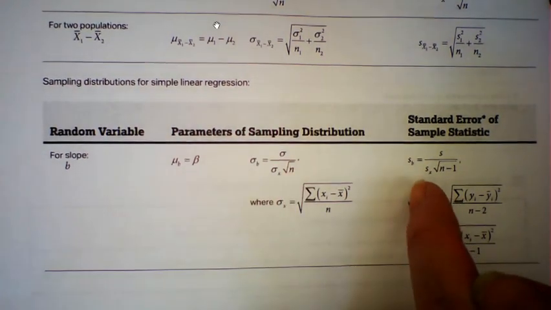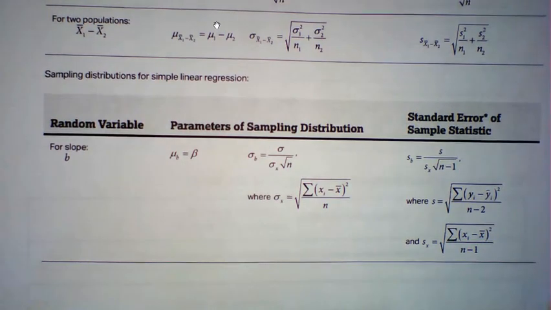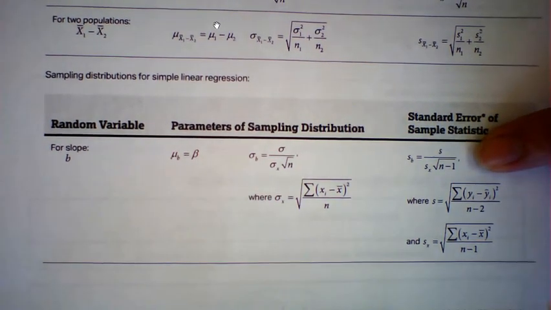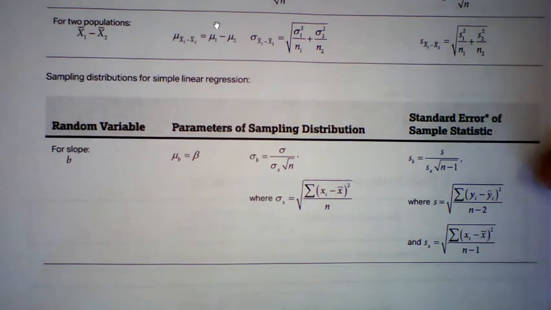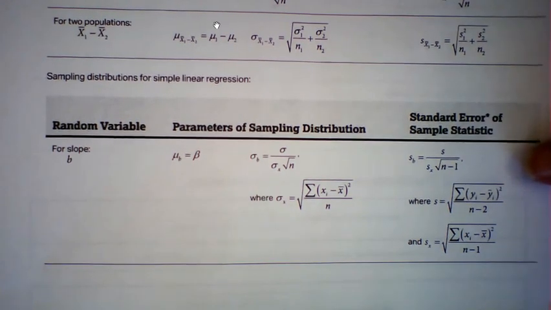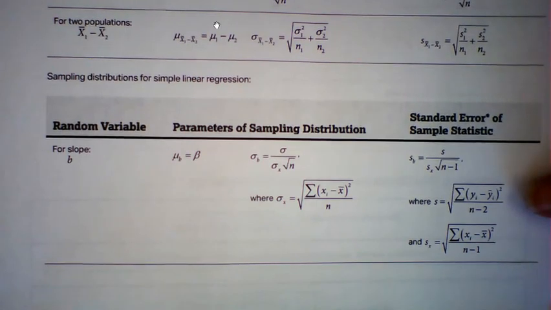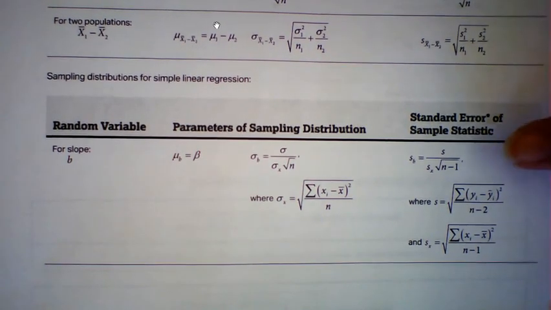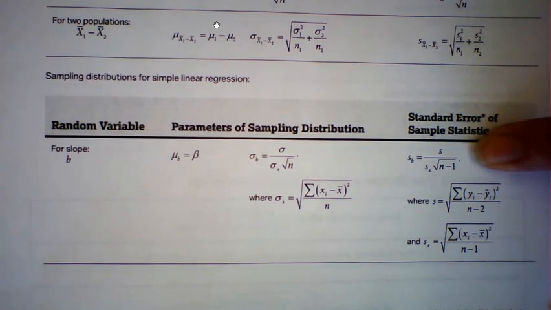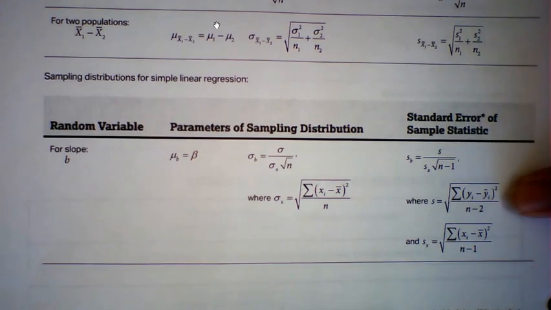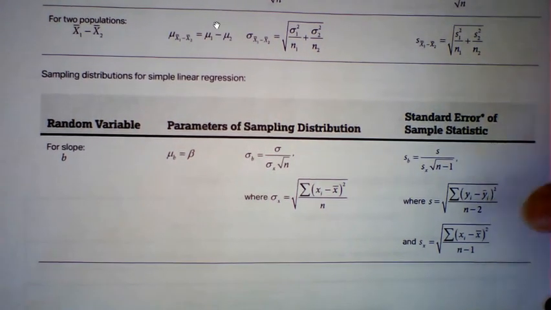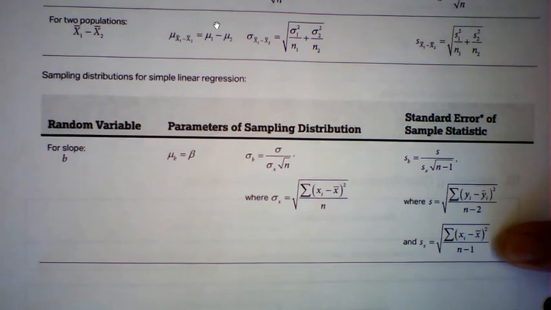More realistically, you're going to be using the standard error of the sample statistic. And if you were doing a confidence interval, you absolutely would need to use the standard error. But more realistically, we're going to be doing t-tests on the slope and t-intervals on the slope. And so we'll be using these values over here, where the standard error for the slope is, there's the formula, and this is the standard error for the residuals, and this is the standard deviation for the sample slope,